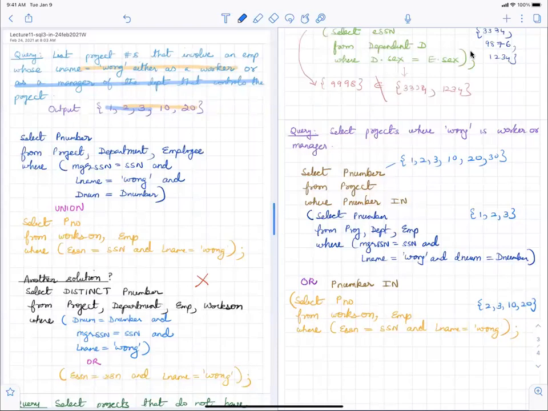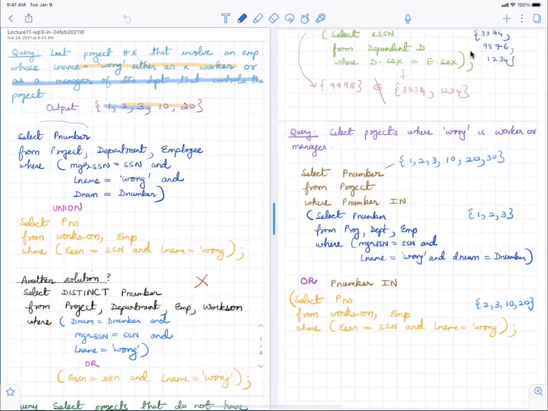If you look at the query, I would say that it's better to do this query using the union, because you're picking up things from this, and then you're doing the same thing picking out there.